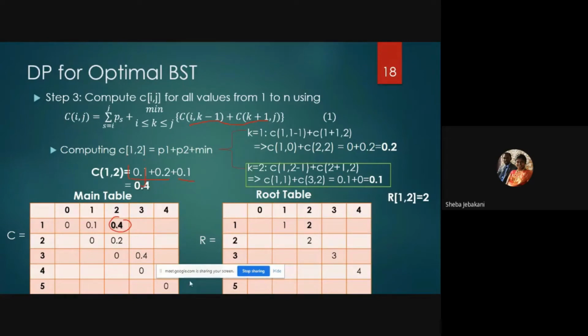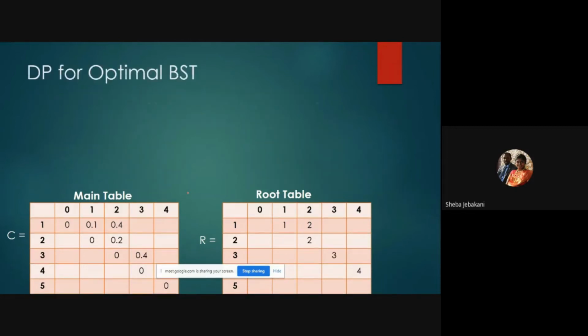So now next I am not going to do for 1 comma 3. Instead I will finish the diagonals and then go for the next nodes. Mainly because these diagonals can have only two possibilities. But when you go for the next one you have three possibilities, and for this you have four different possibilities. So for 1 comma 3 you have three possibilities, 1 comma 4 you have four possibilities. So I'll finish all the diagonals which have only two possibilities.